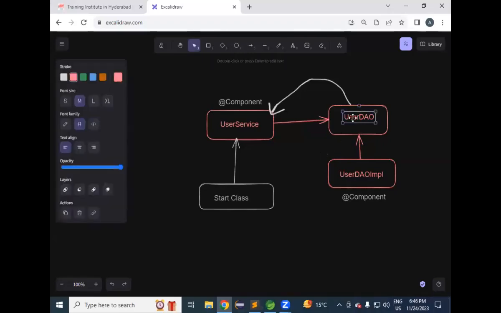DAO interface is available. For that one, IMPL class also available. Always recommended to create interface, then provide the implementation, so that one class can communicate with another class using interface as a mediator. To achieve loosely coupling, we will follow this approach. Who told you to follow this approach? Spring is telling, Spring Boot is telling? No. Who is telling this concept? Strategy design pattern. So we need to develop our classes by using strategy design pattern so that our classes will